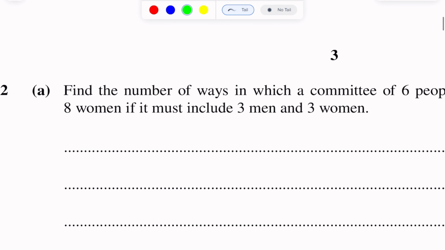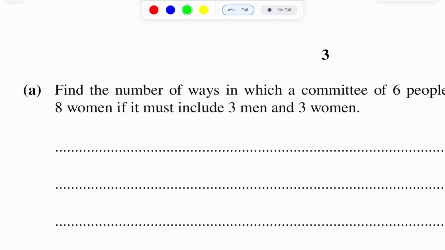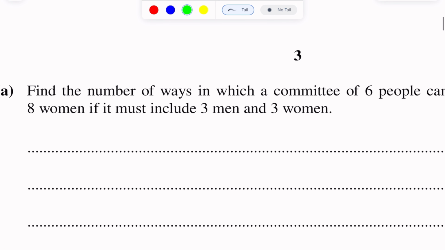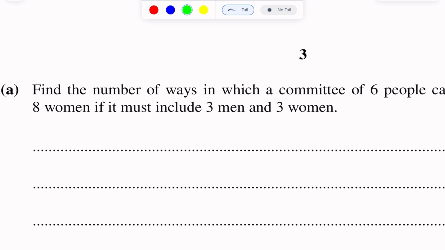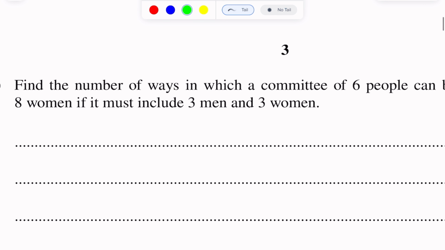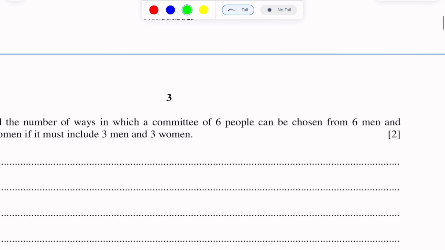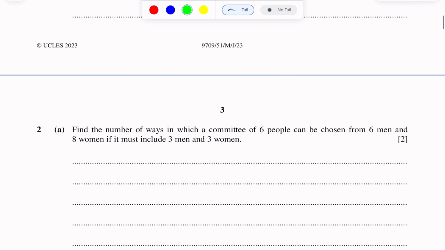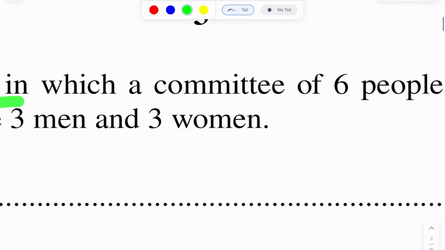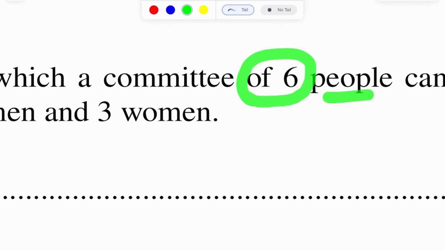This part of the question is of combination because there is no specific arrangement, there is no order. This is just a selection. So this part is of combination, not of permutation, because these words indicate that the question is of combination. Committee and chosen, these are very, very important words for combination. So we have to find the number of ways in which a committee of 6 people,